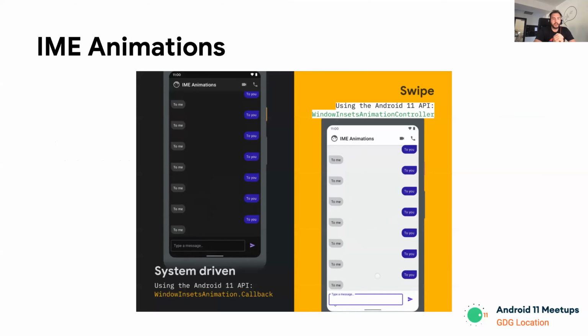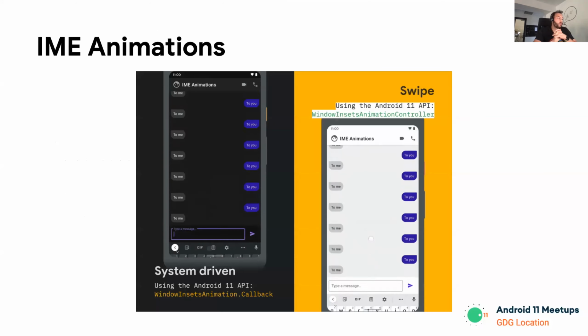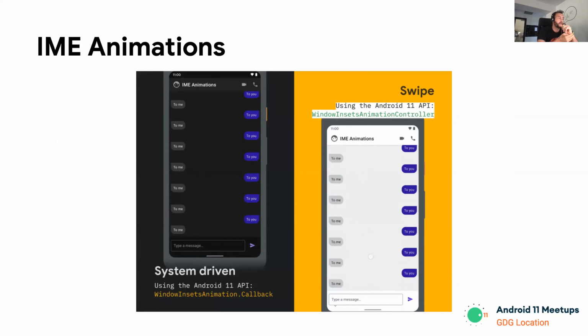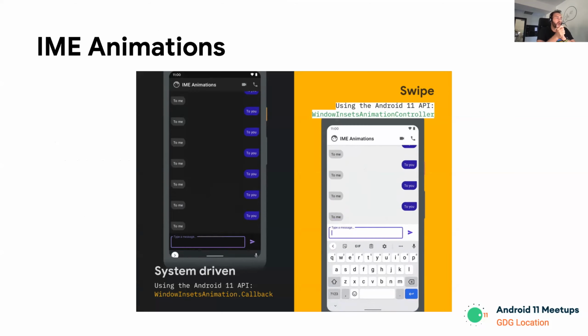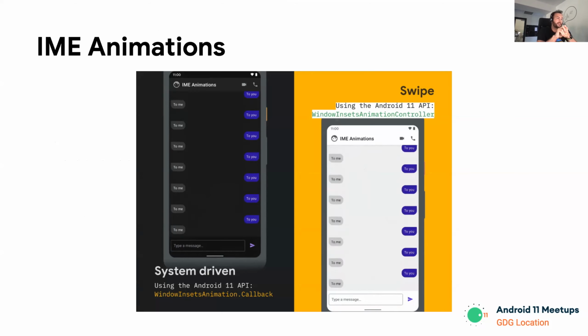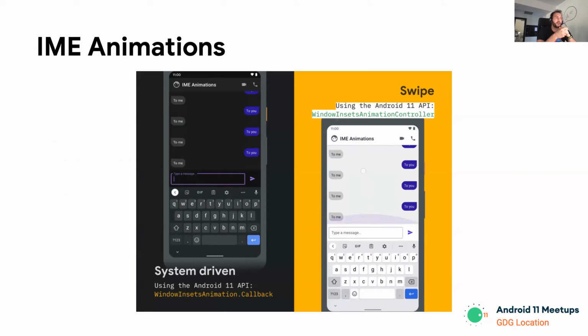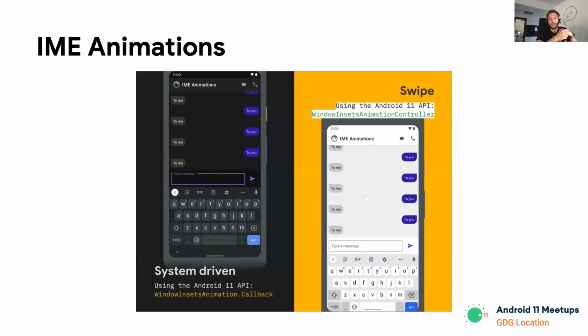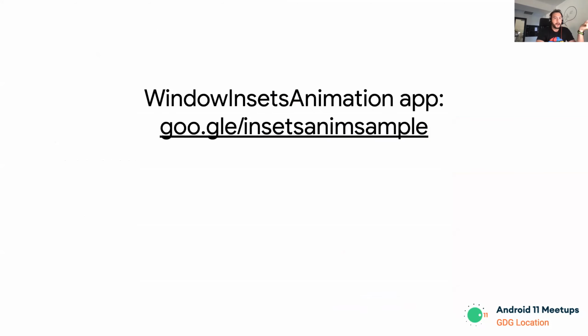And here we have some examples. On the left side, our layout gets pushed up and reacts to the fact that the keyboard has opened, while on the right side, the keyboard gets closed and the animation for opening the keyboard gets driven by stuff that's happening in our app, in this particular case, scrolling. Google has set up a sample animation that you can find here, and that's something I would highly encourage you to take a look at.